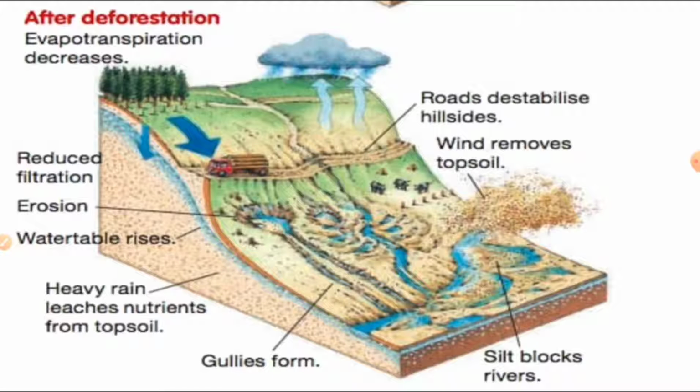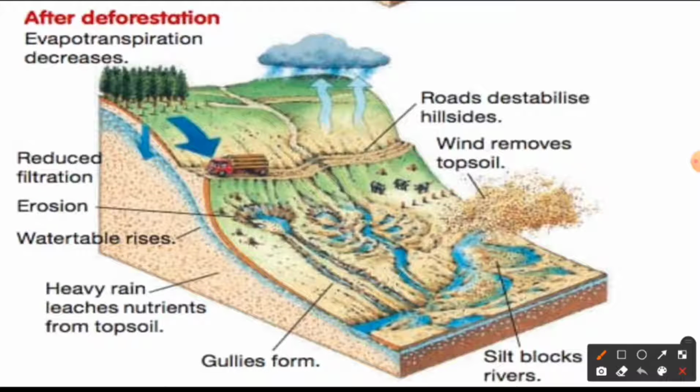overgrazing, and unscientific agricultural practices are responsible for large scale soil erosion. Unscientific agricultural practice in the sense of plowing in a wrong way, that is up and down the slope, forms channels for the quick flow of water that lead to soil erosion. And there are two types of erosion: gully erosion and sheet erosion.